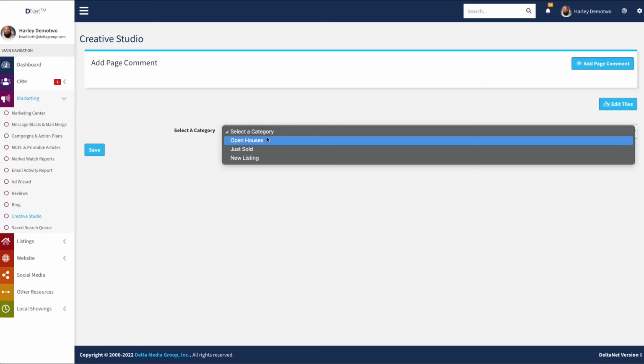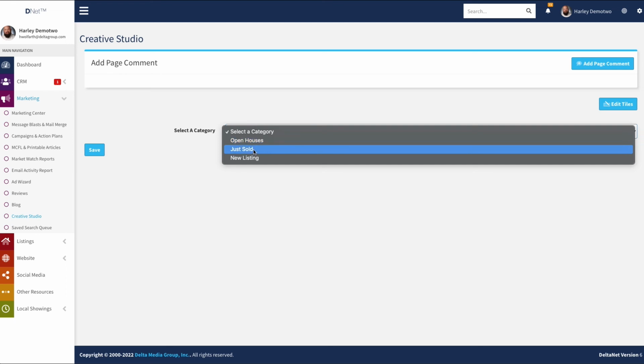Now, the difference with these automations is that these are not customer-based, so they're not based on a birth date or anniversary date, a date that would be attached to a customer account. Instead, these are based on dates that would be attached or triggered by actions on listings. So the open house is one. When we get a new open house from the MLS, or you enter a new open house manually, however we happen to be getting those for you, that's what it'll use as the date to trigger